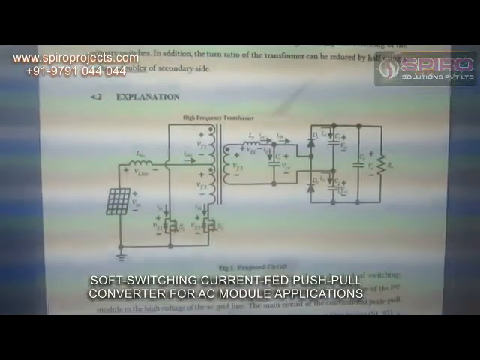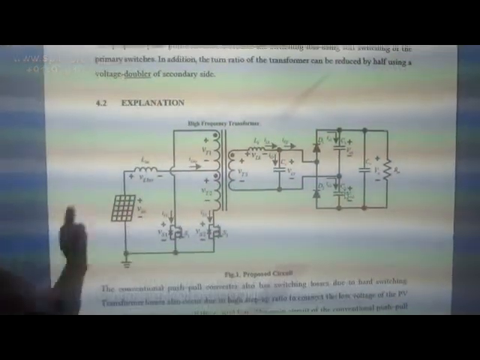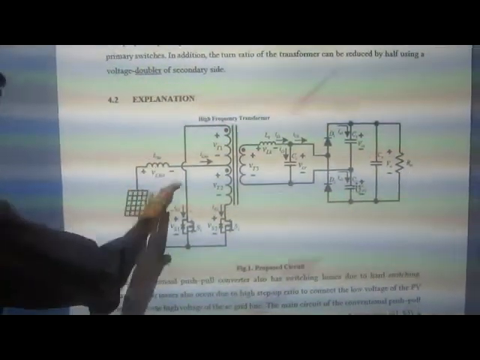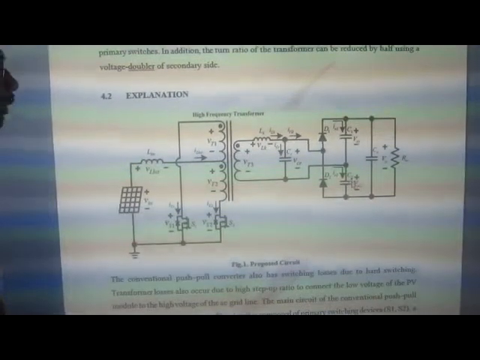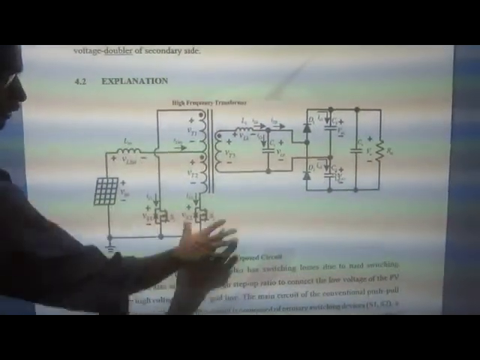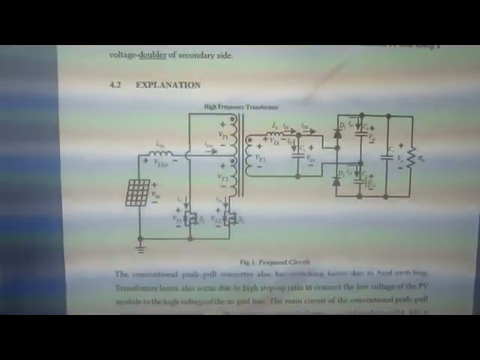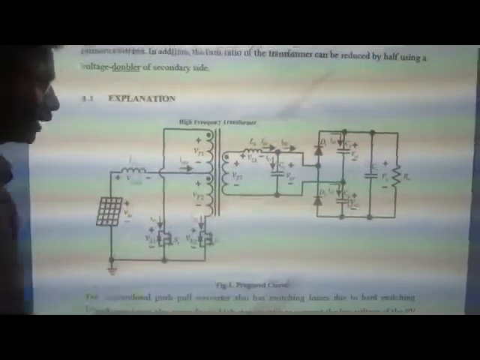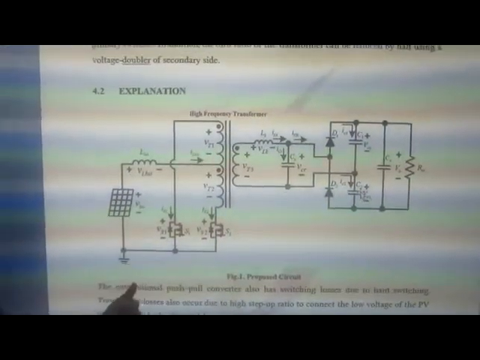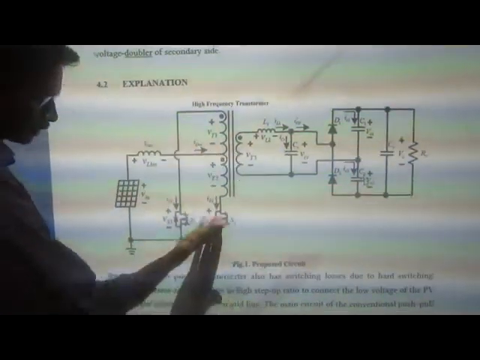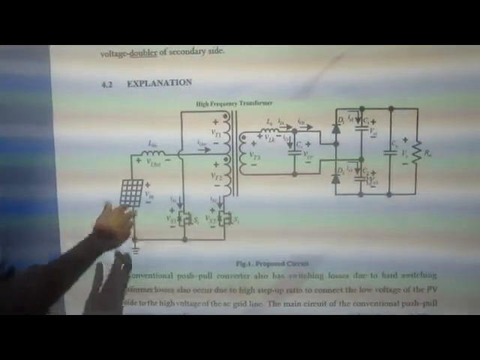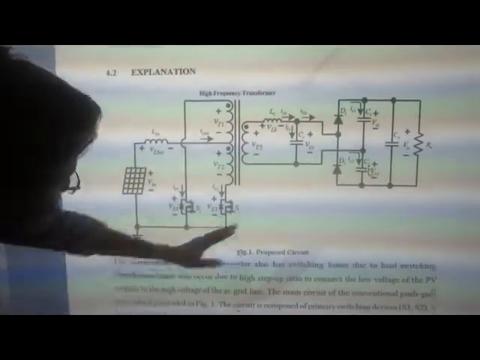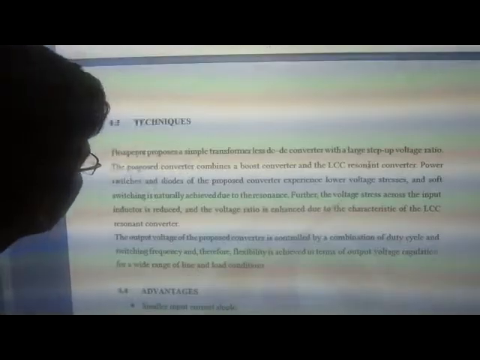This is the circuit diagram of our proposed system. Our proposed system's input is a PV source, and from the PV source we extract power to the converter. And this is our push-pull converter. This push-pull converter transfers the power from the PV system to our load, and with our proposed technique, the switches present in the push-pull converter are operated, and it delivers an efficient amount of power to the load. That load is our needed system.